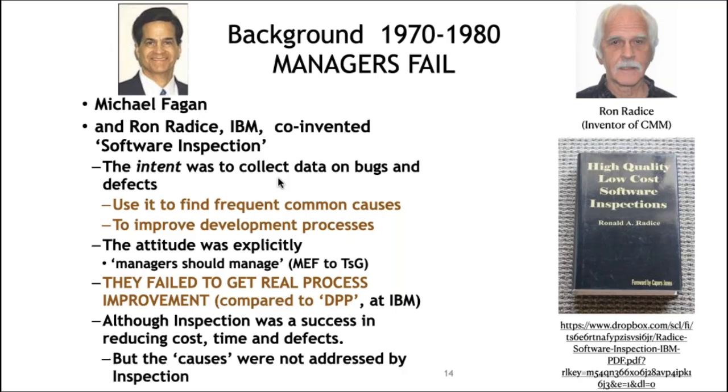Anyway, they invented inspection with the idea of collecting data to help them improve the working environment. Now, it turns out that was not successful. It was very successful at finding defects early and reducing the cost and time of doing so, but it wasn't successful in changing the working environment. Mike Fagan got a $100,000 prize from the CEO of IBM for the good work they did with inspection, but it wasn't what they had intended to do, which was